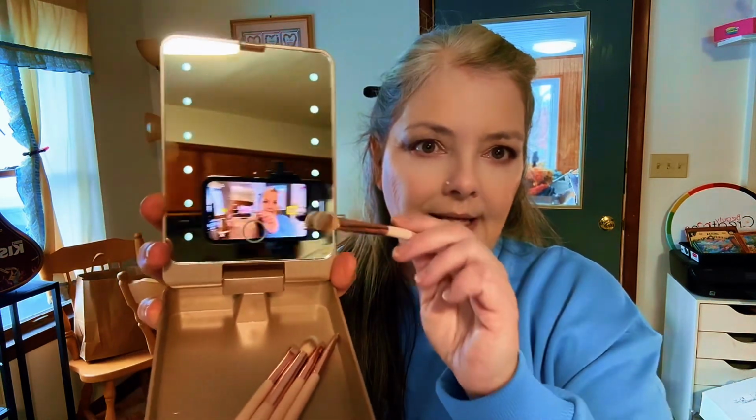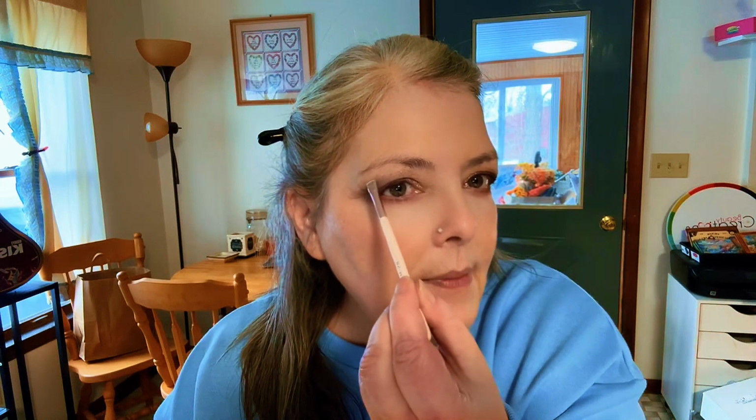I don't know why. When I go there, I'm going to take this for sure because it's got this nice mirror and it has 14 brushes and they're just a perfect little size. If you want to get in there and contour out your eyebrows with a little bit of concealer just to make your makeup look more sharp, this would be the perfect brush for that. I didn't even use half of these brushes. You could also use this if you still do a cut crease. That would be good too. Or even if you wanted to really outline your eye, that would be a good brush to do that with. Your blending brushes, they're nice and fluffy. You could even use this to